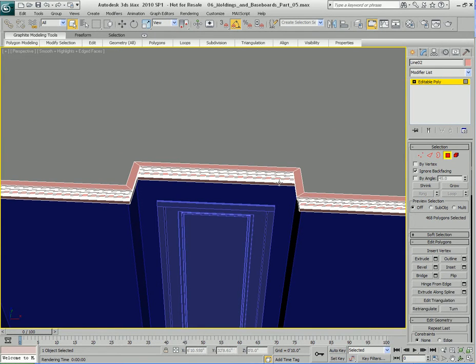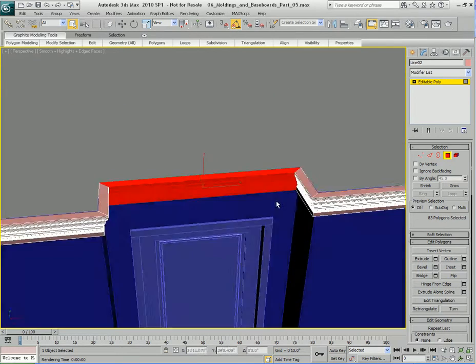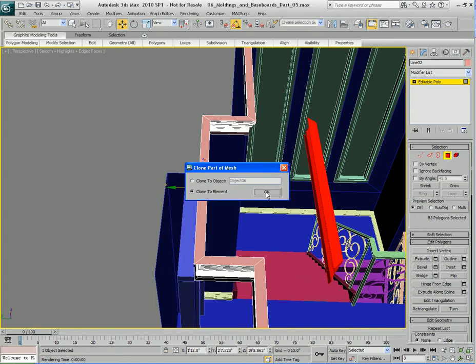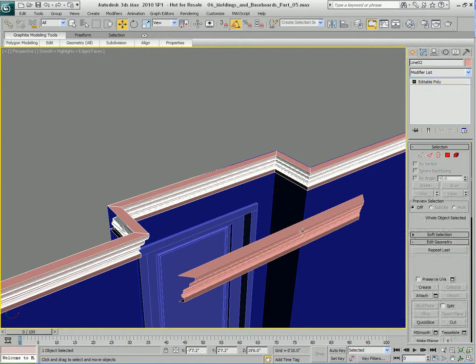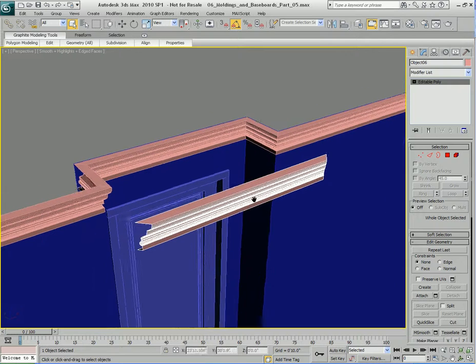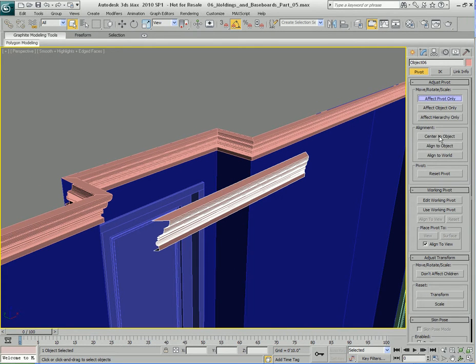Alright, I'm going to go to polygon mode, turn ignore back facing off. I'm going to select these polygons right there, and I'm going to rip this off, making a clone, of course. Hold down shift to do that. Clone it as a separate object. I'm going to select that object. See, the pivot point is off, so let's go to the hierarchy tab, go to effect pivot point, center the